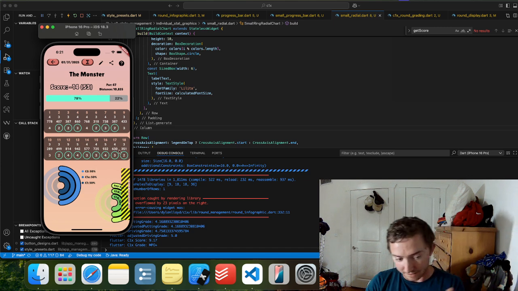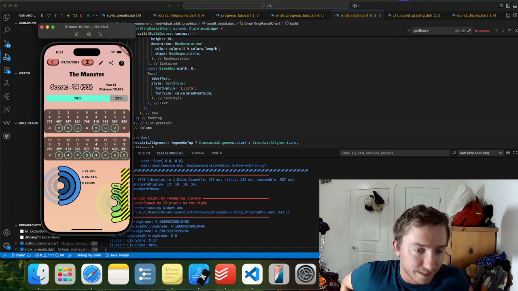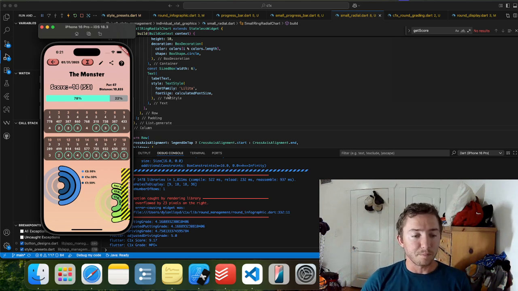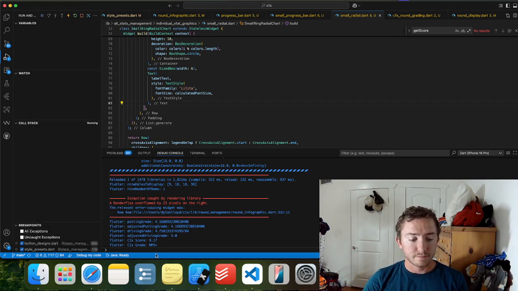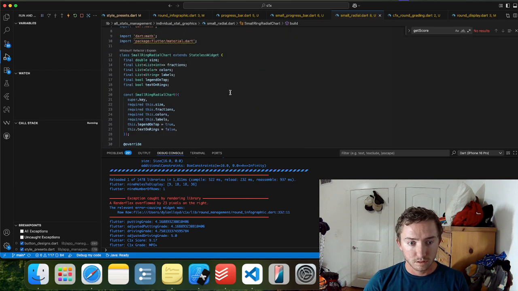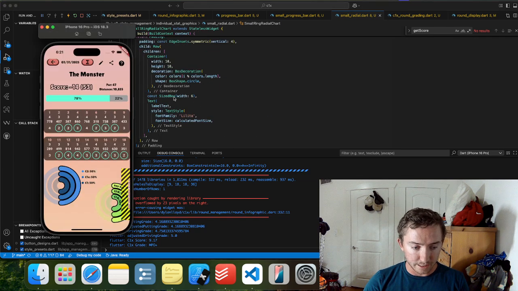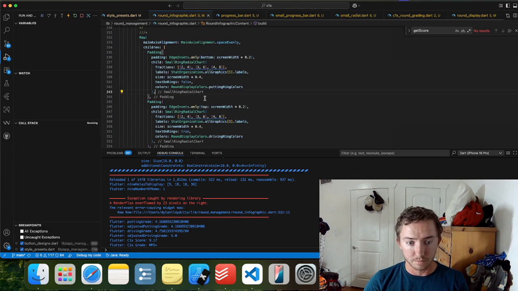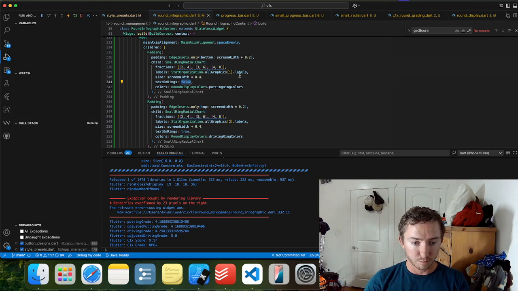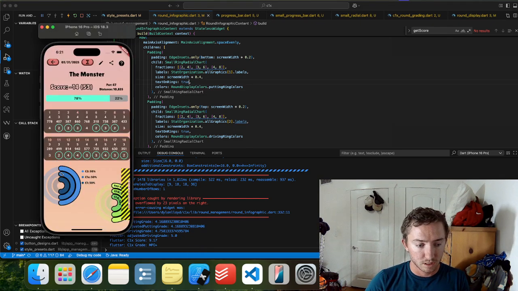And I have an idea, I think, for what I want to do with it. And we're going to try and implement that now. So we've got colors, we've got labels. So what I think I want to do, I was trying it with the rings. So pretty close to where I left off last time with some additional changes was